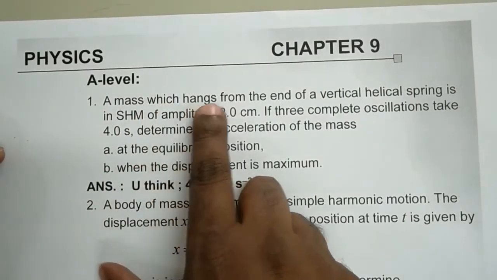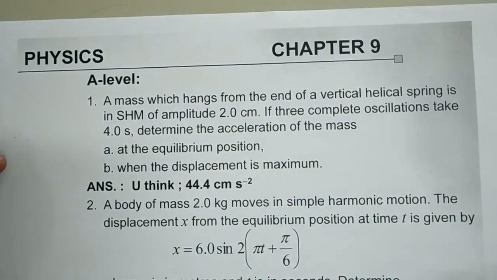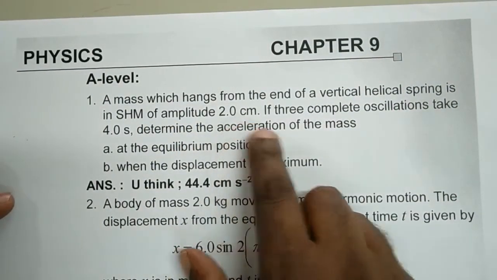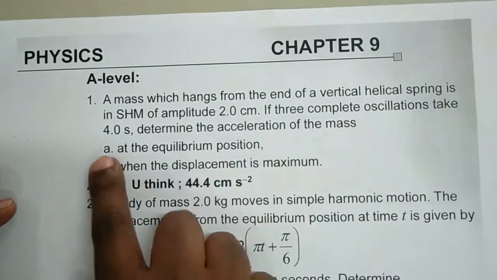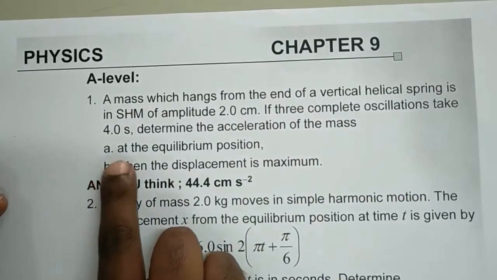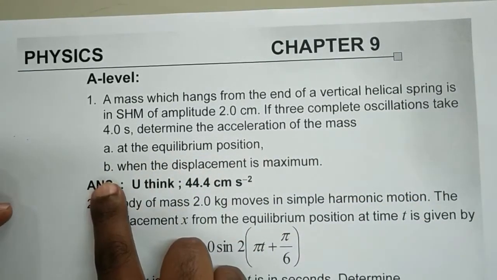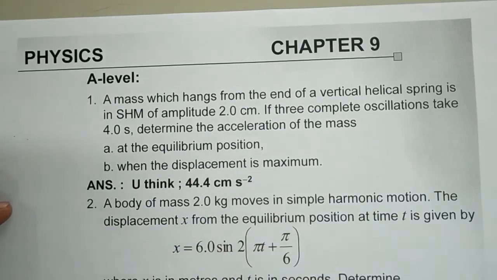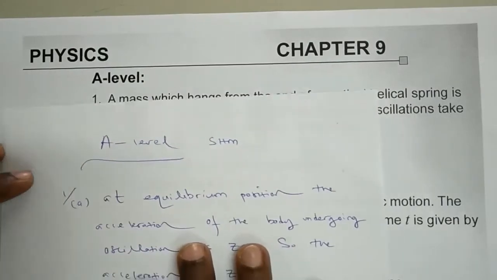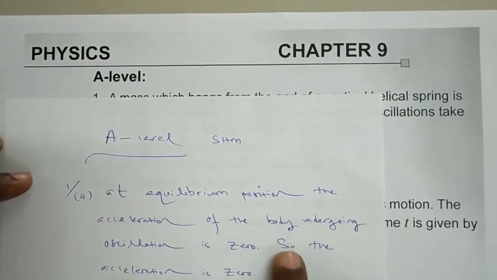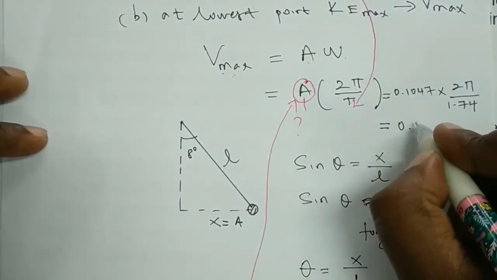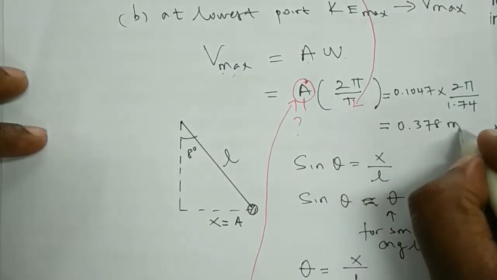A mass which hangs from the end of a vertical helical spring is in simple harmonic motion of amplitude 2 cm. If 3 complete oscillations take 4.0 seconds, determine the acceleration of the mass A, at the equilibrium position, B, when the displacement is maximum. So, at the equilibrium position, the acceleration of the body undergoing oscillating